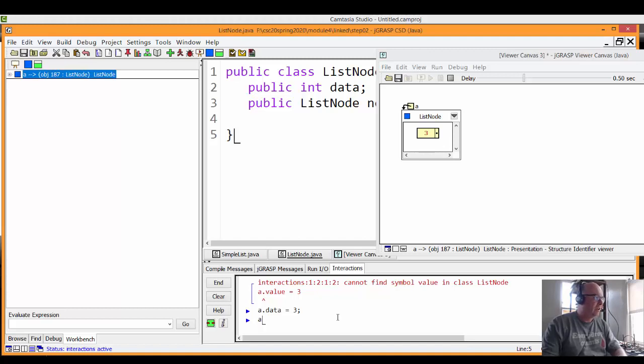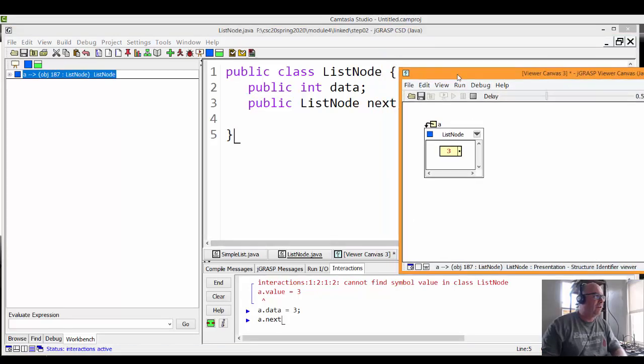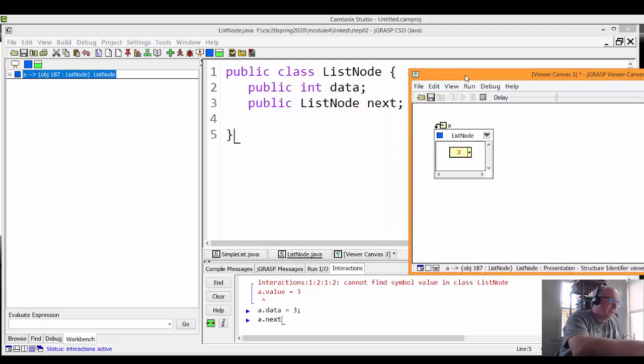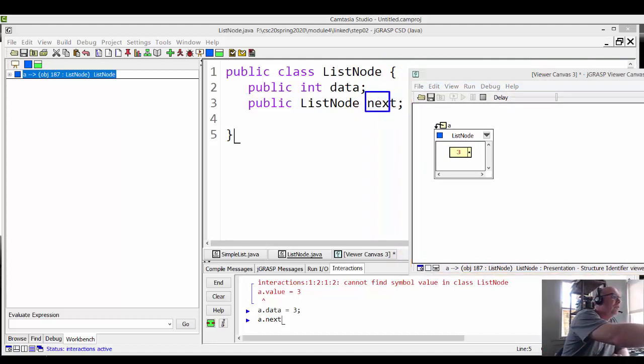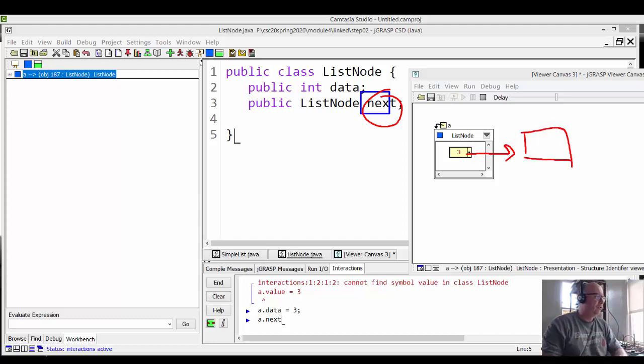Okay, so now we're going to have A dot next, and you notice here that we have next, right. Let's just go right here. We have next. Looks like we got the different marker there. That's the next right there. So we're going to make it point to yet another list node here. And so we'll make A dot next